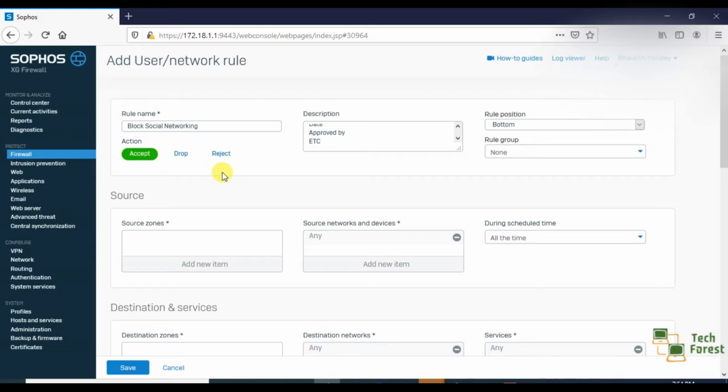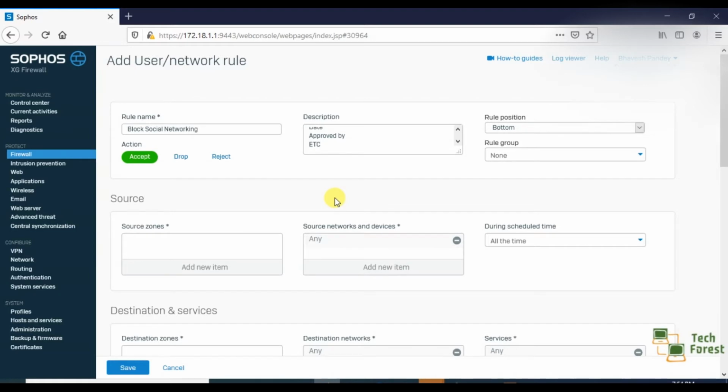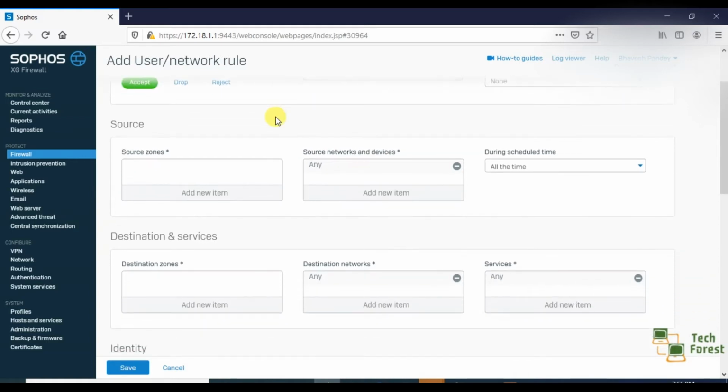So in this rule we will allow permission to access all the websites, but only social networking will be blocked. So here I am selecting accept, because if I select accept, then the traffic will pass through this rule. So let's move on to the next option.